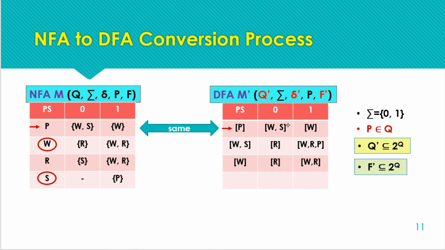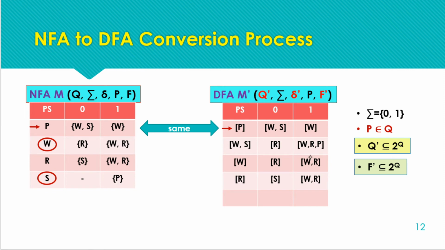Next, we have already covered this. The new state to be considered here is R. Now we have to find the transition for the state R. For R also, as we have the same state in the NFA, we can directly write the transition row, the transitions for all the input symbols. So this is the transition table after identifying the transitions for the state R.